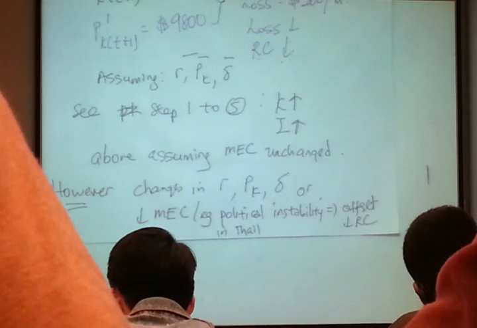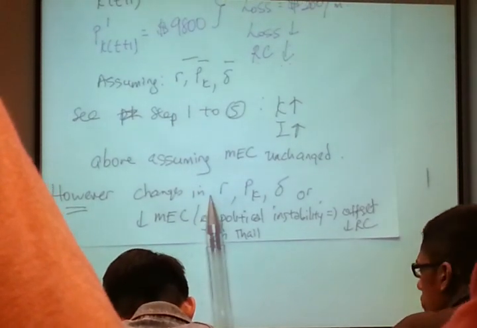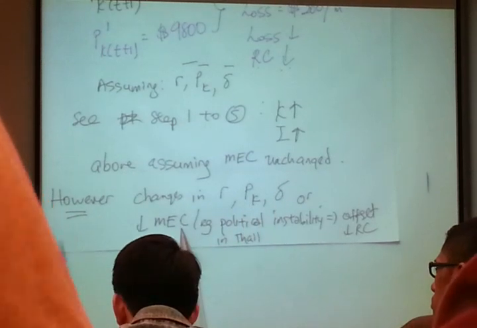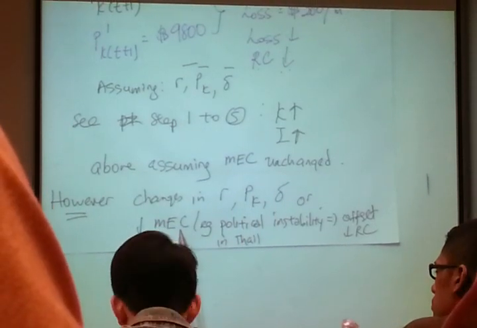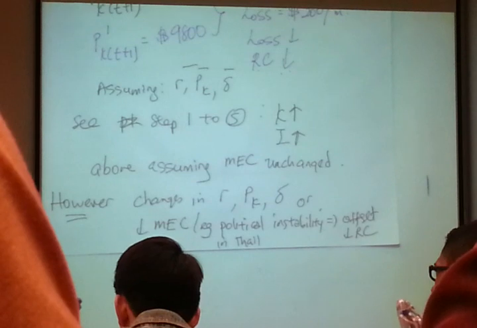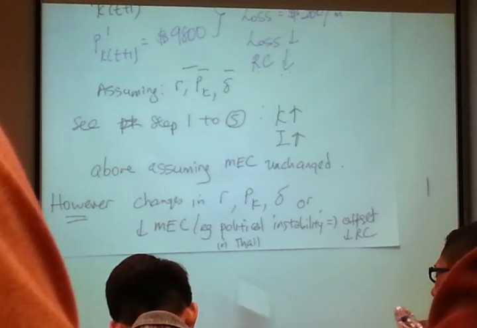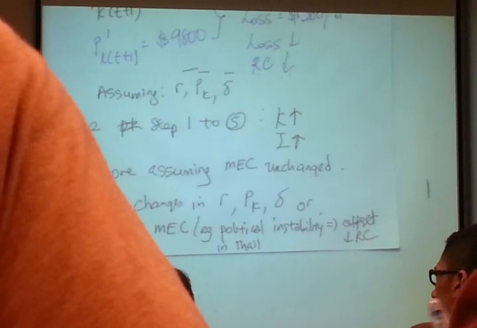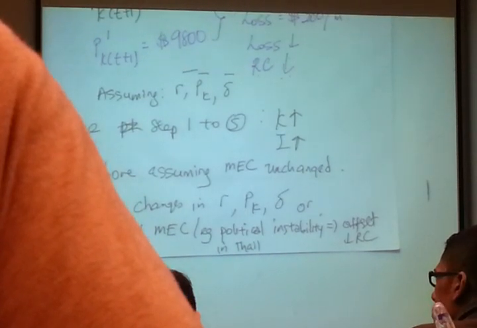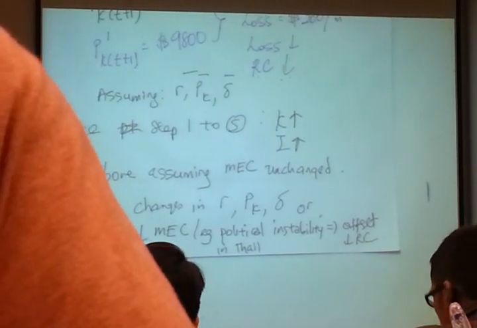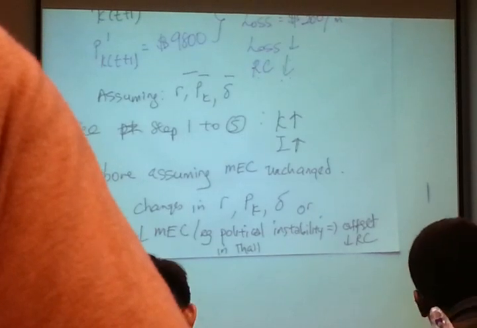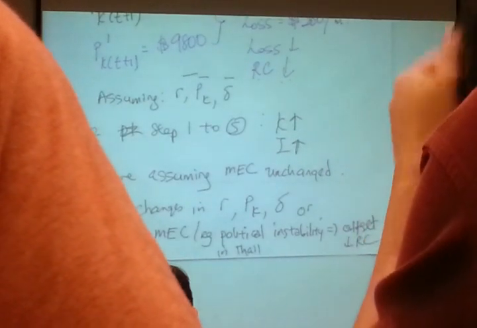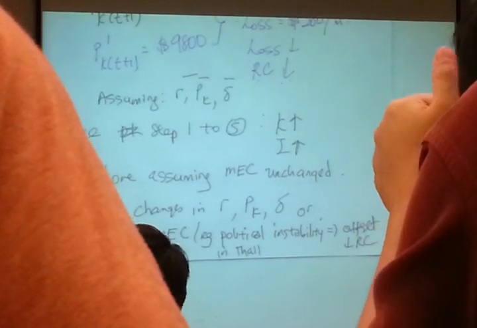Look at how I do C and S. I challenge assumption. I don't need to say how much. I just say these variables can change. The RC went down, right? K went up. I can say RC goes up, or I can say MEC went down. Don't draw at all. It's only 5 marks. You only have 8 to 10 minutes. But polish the answer. Instead of going into all this, talk about MEC, which is usually due to, right, stability